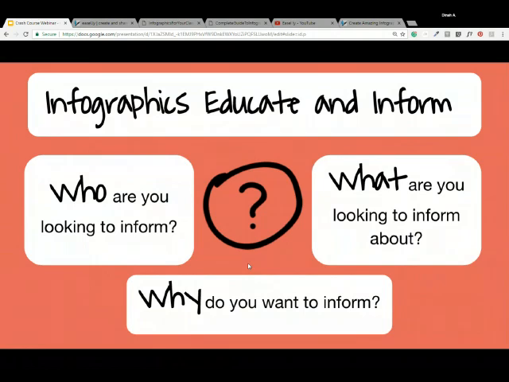It can be representations of data, knowledge, and it's all intended to present information quickly and clearly, and it's intended to educate and inform. And so when you're building your infographic, you really want to,